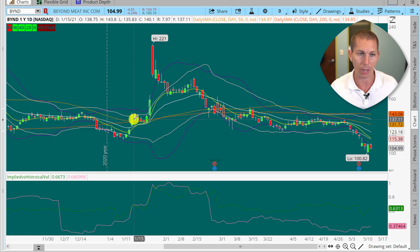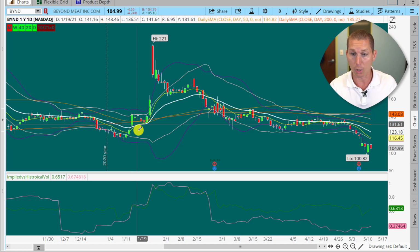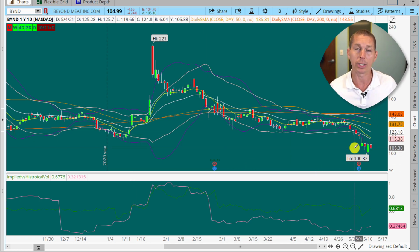So let's say we're directional on Beyond Meat, and what my system says here is that it's a good time to get long, to buy. Now you could sell a put spread, but it's not the most ideal. What I would prefer to do is this trade I'm going to look at here that triggers more. This is buying one and selling the other. This is more of a